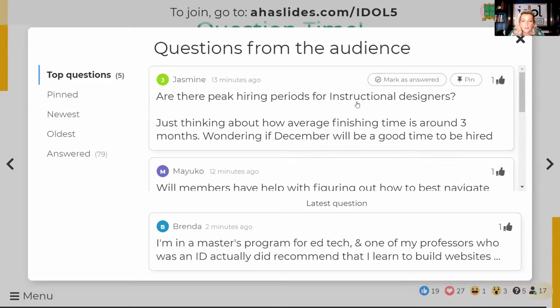Are there peak hiring periods for instructional designers? I was thinking about how average finishing time is around 3 months, wondering if December would be a good time. Actually, December is a good time, but it's more like being ready in December because they get a new budget. Most companies get a new budget for January. So what they usually start doing is they'll start some introductory or maybe first round interviews in December.